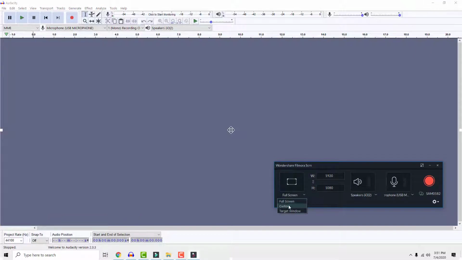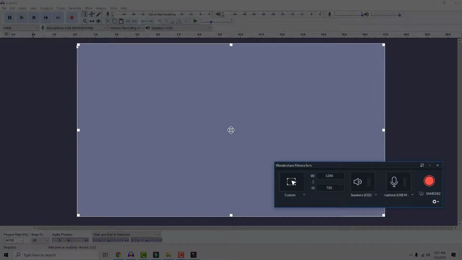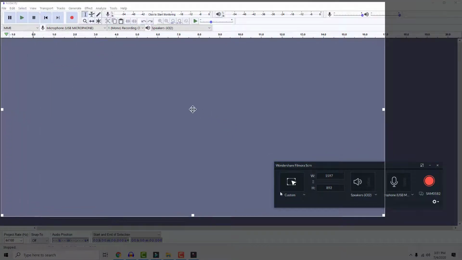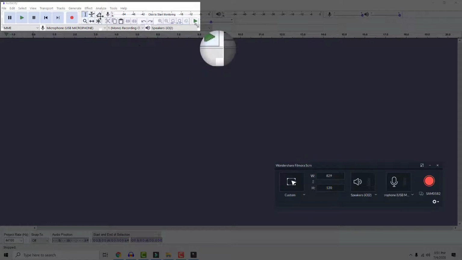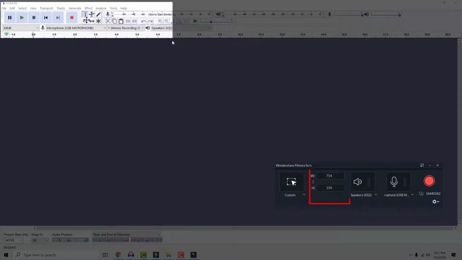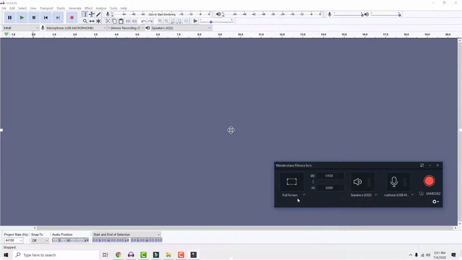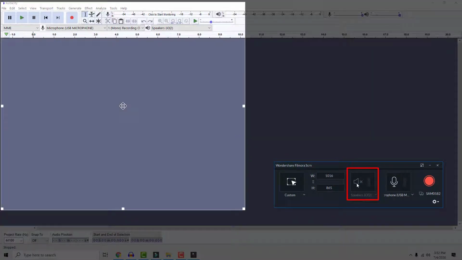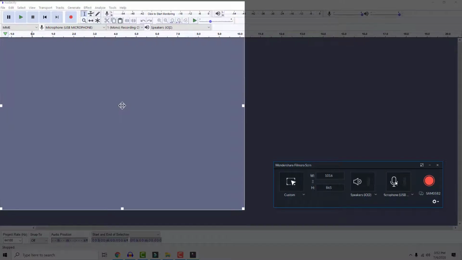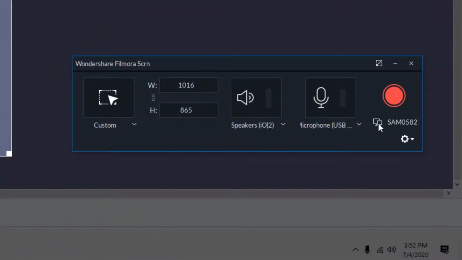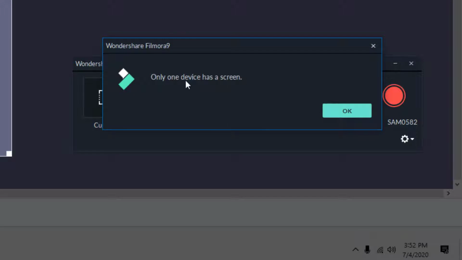choose custom. You can now drag corners or move the whole capturing screen where you want. You can see dimensions over here. Also, you can enable or disable speakers or microphone if you don't want to record your voice. Also, you can choose the hardware you need. This little text tells you which monitor you are recording, so if you have multiple monitors, make sure to switch